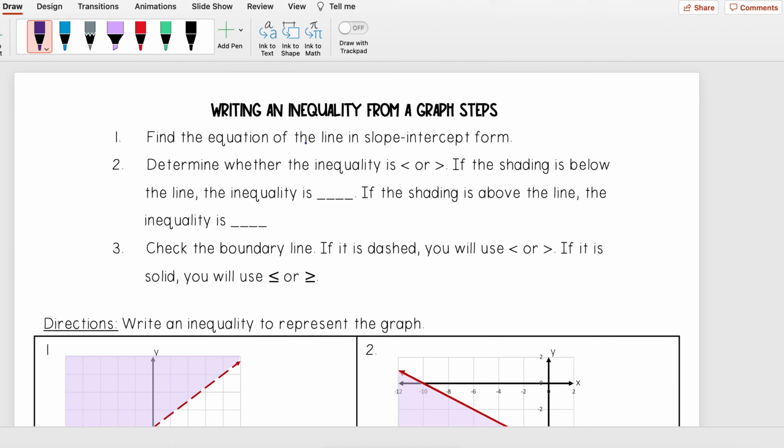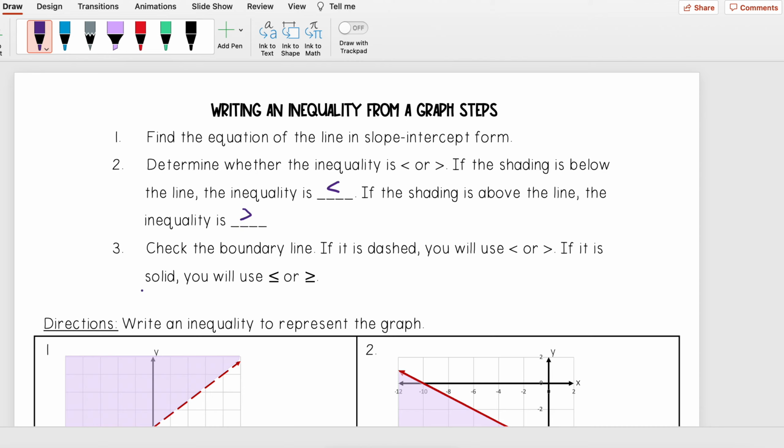The first one is to find the equation of the line in slope-intercept form. So this goes back to a couple units ago when we learned about writing the equation of a graph. Then second, we need to determine whether the inequality is less than or greater than. So we need to use what we learned earlier in this lesson, and that is that if the shading is below the line, the inequality is less than,